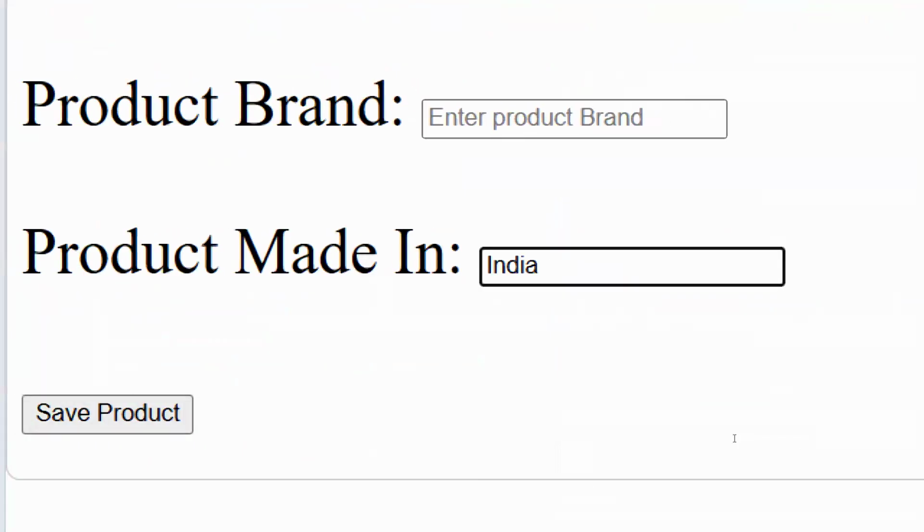Can you change the value? You cannot change it. This is read only. Read only and disabled are similar, but read only means it's showing normally,